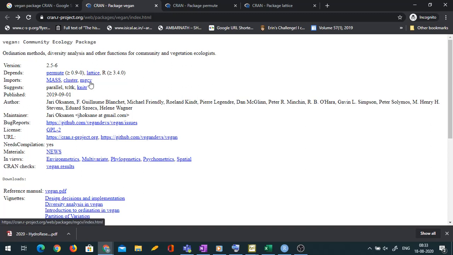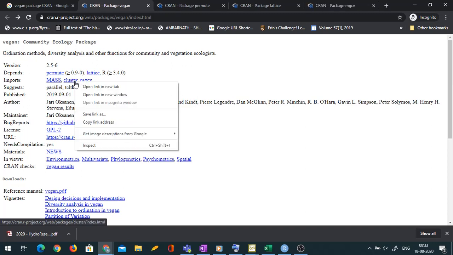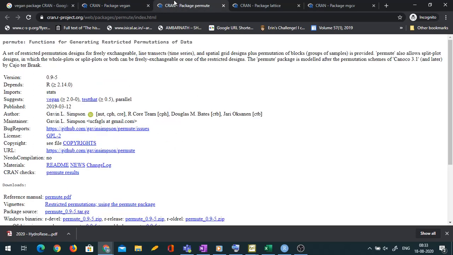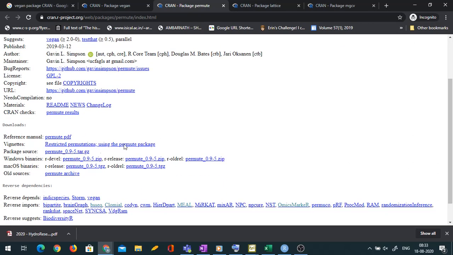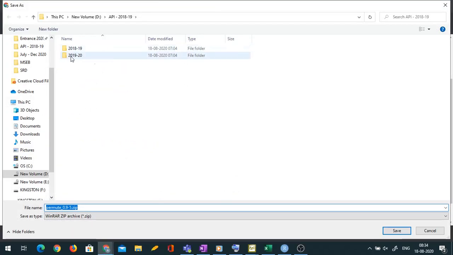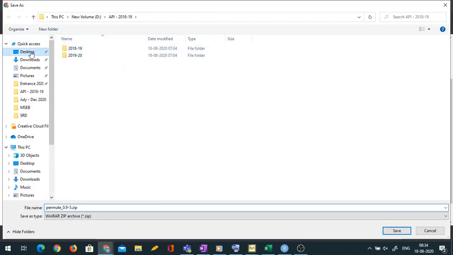Fine. So now I want to download the zip version of this package. Generally, R release is the safest version. This is the old release and this is the developing one, so this may be currently undergoing changes. So basically the R release zip file. Let me save it in this folder.